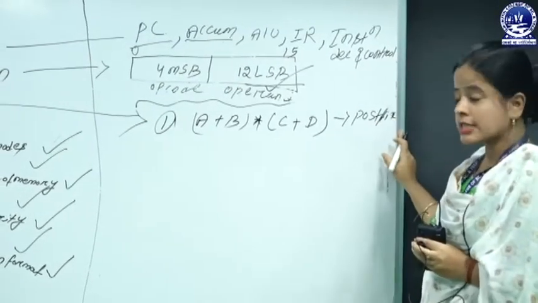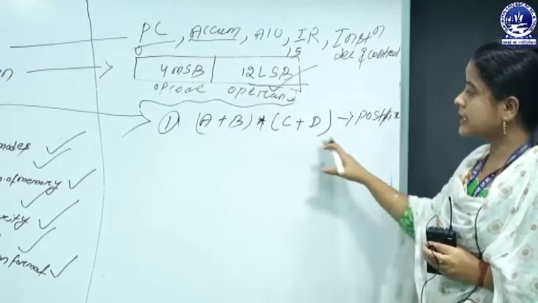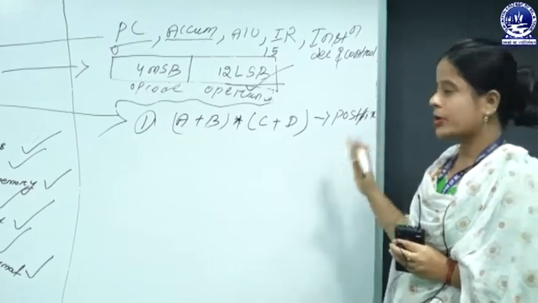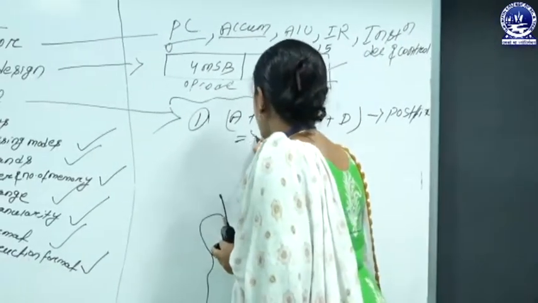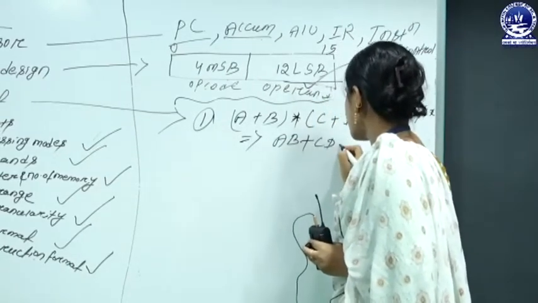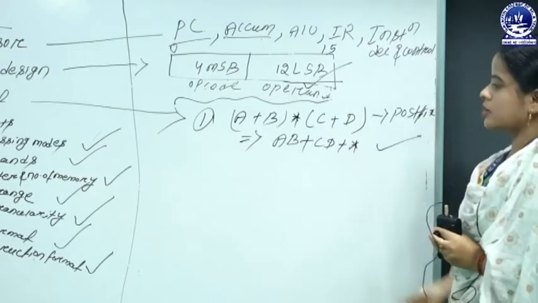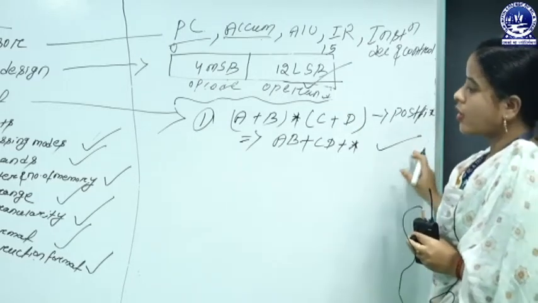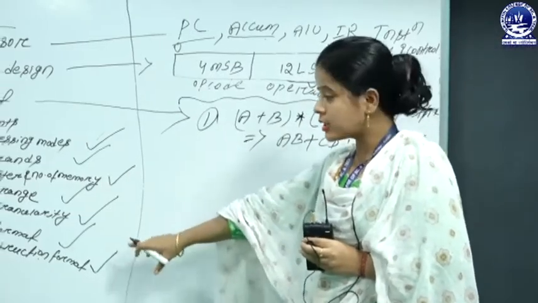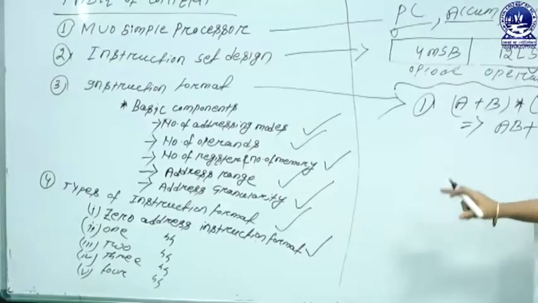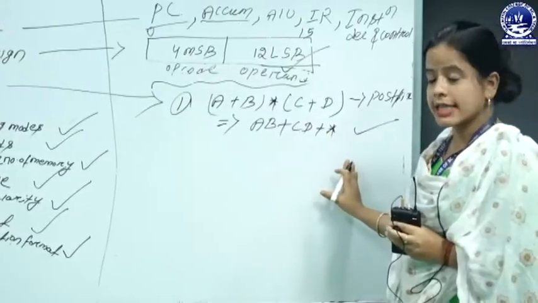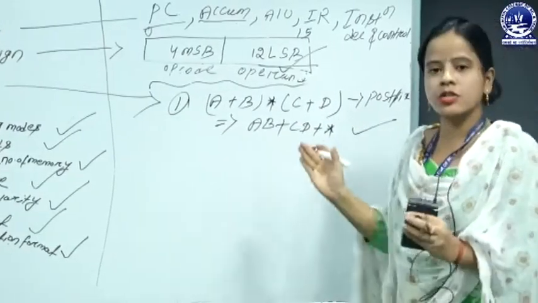In case of postfix conversion, whenever you convert the given expression, first the operands are specified, after that the operators. So now convert it into the postfix format. So that's your postfix notation. After postfix notation, now you have to execute it by using zero address instruction format. As we know, the zero address instruction format follows the stack based concept. So here we use the stack concept for executing the expression.